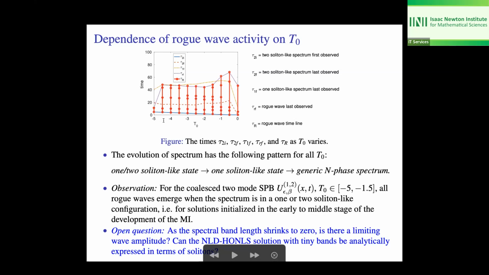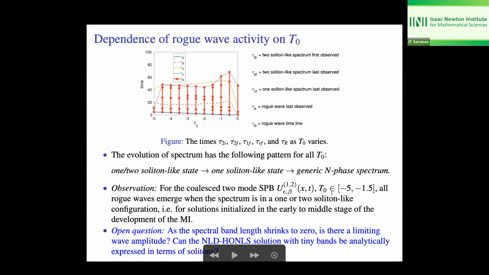And the T naughts that were used varied from -5 to 0, this is the dependence on T naught that's being shown, and T naught is incremented in steps of a half. And what you see is that the evolution of the spectrum has the following pattern for all T naught: you have a 1 or 2 soliton-like state, which transitions to a 1 soliton-like state, and then to this generic N-phase spectrum. But the main observation is that for the coalesced 2-mode